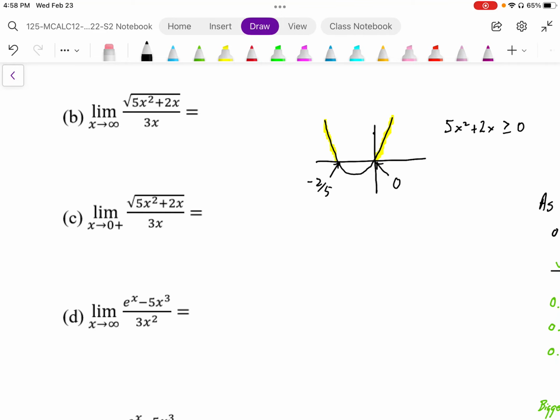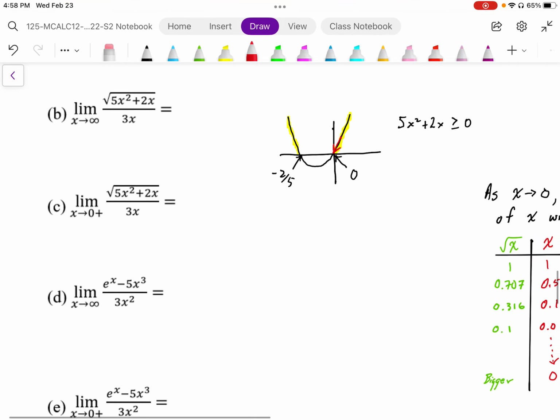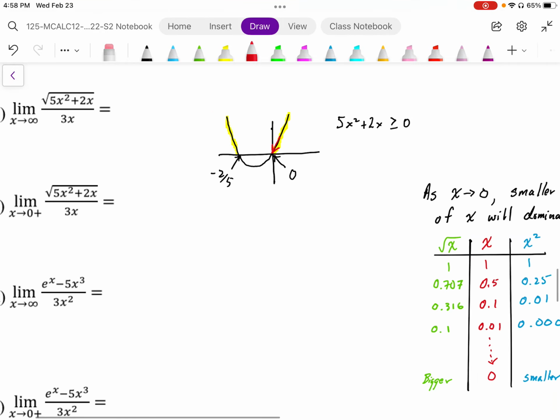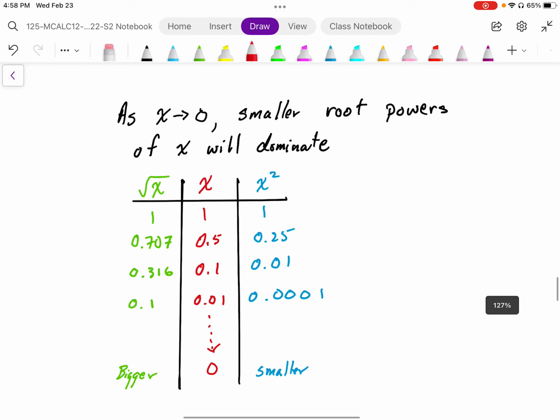So our domain is x bigger than 0, and we can also use x's that are smaller than negative 2 over 5. So there's a domain restriction here, and because it's at 0, we have to approach 0 from the positive side. As a two-sided limit, this would not exist, but as a one-sided limit, it can exist. So we're going to approach 0 from the positive side here. That's one part. Now, one thing we need to understand is as x goes to 0,